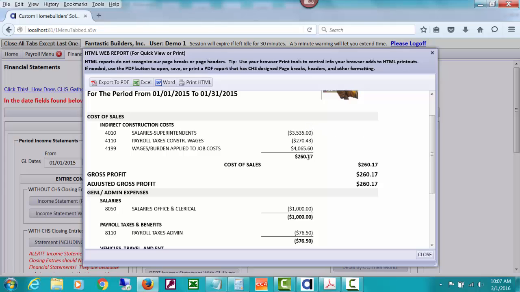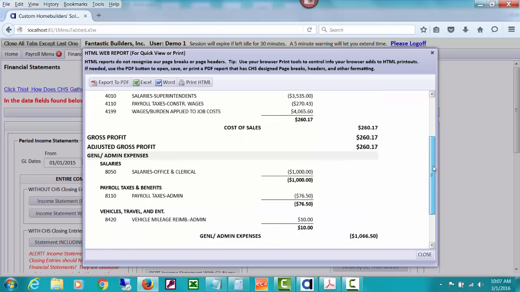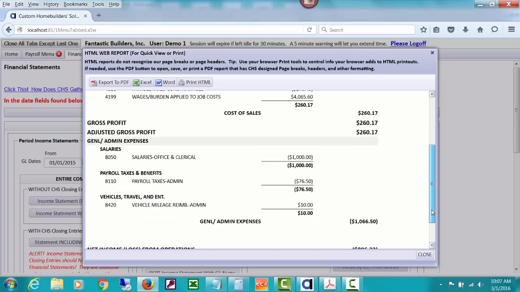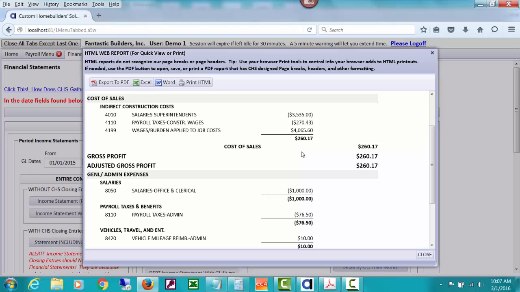But you can see how right now, yes, this is increasing the income statement by $260.17, but there's a chance you posted other expenses related to those people you were paying wages to that are actually minus amounts, like here's a minus amount. Oh, that's for the admin, but maybe minus amounts for mileage or for various other things that actually probably wash this out. So that's what you need to understand, is this is just accumulating how much you've actually sent over